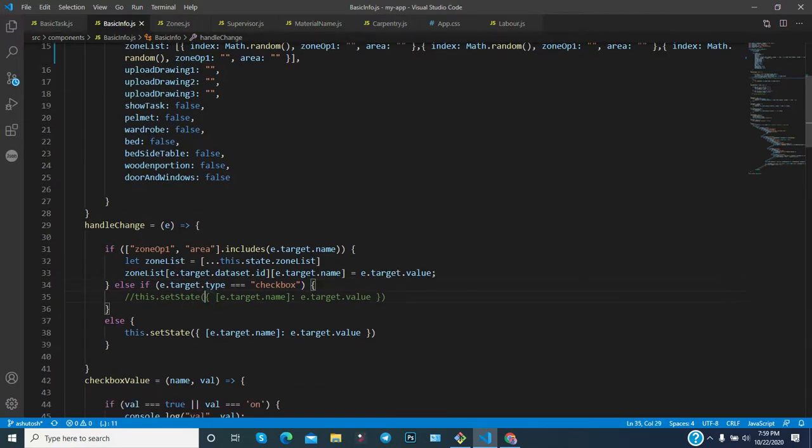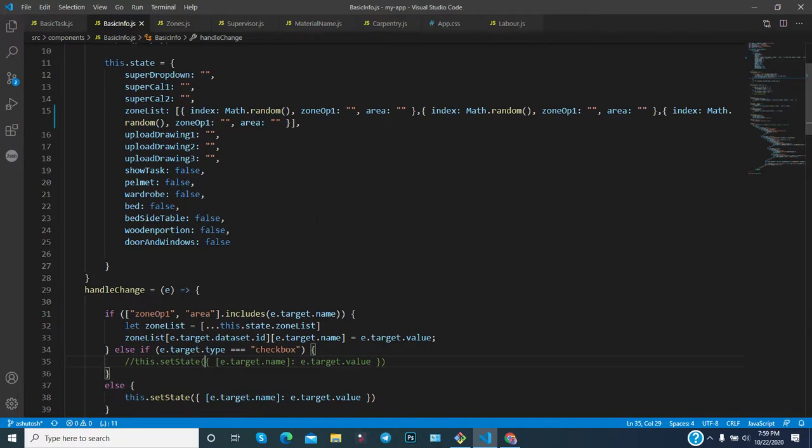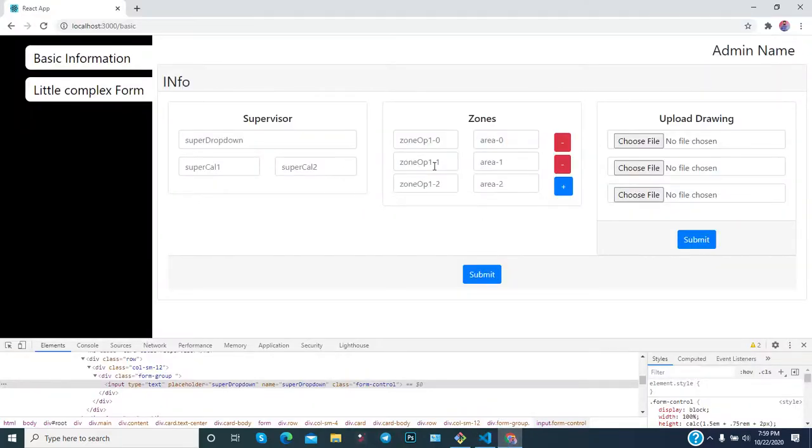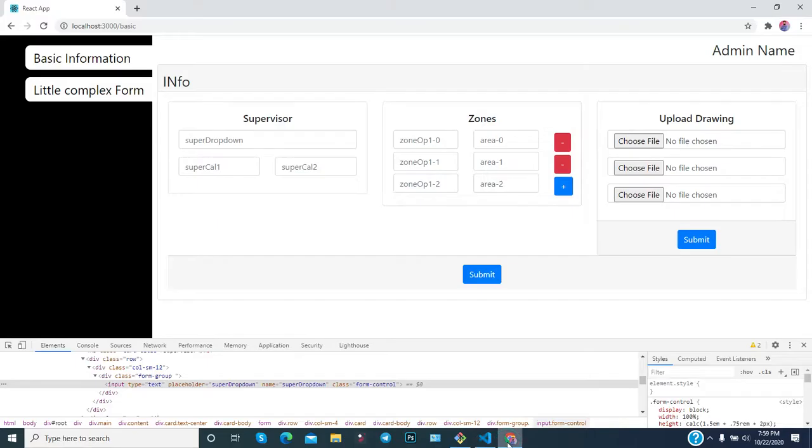In this way the value is dynamically updated or set in the state, and if the state value gets updated, then you will be able to display the latest value here. Sometimes it may not work properly, but if you follow the proper procedure, then it will definitely work. But by chance, if it does not work, then you will not be able to type anything. Why will you not be able to type? What is the reason behind it?